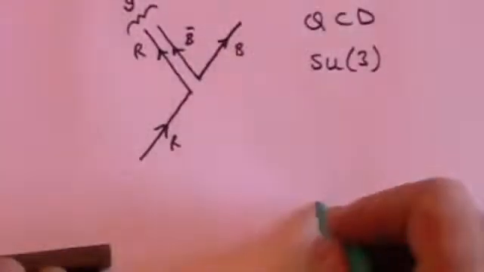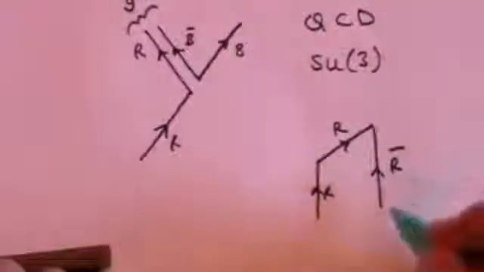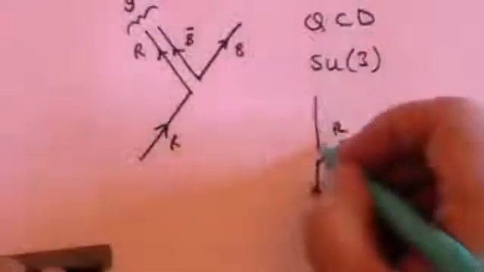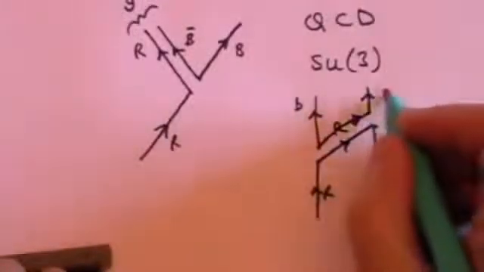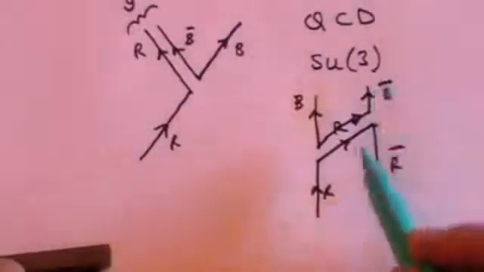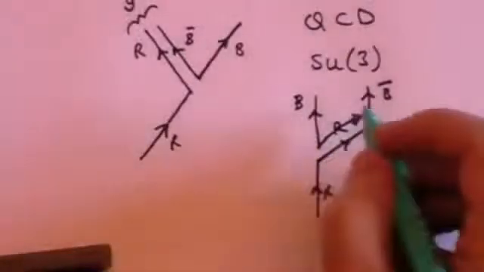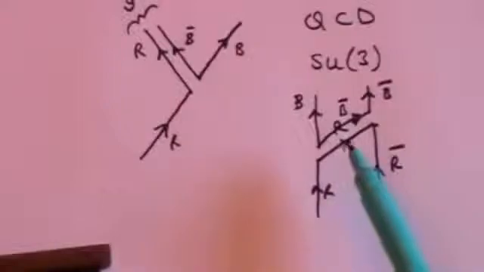You could draw a Feynman diagram whereby you have a red anti-red combination. Here's a red anti-red. The two come together and annihilate here. And you can have a blue, take that blue through the red there, you can have a blue anti-blue creation. And so what this looks like is that a red quark has converted to a blue quark and a red bar quark has changed to a blue bar quark via the exchange of a red anti-blue gluon. And it's that combination of gluon exchange that goes on in the sun, which is essentially the exchange particle. The gluon is the exchange particle that creates the force, the strong nuclear force, that holds both the nucleus and